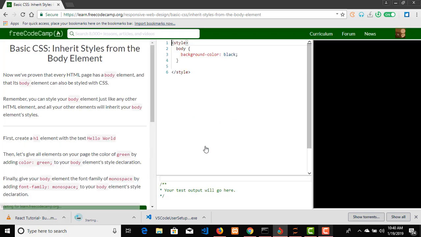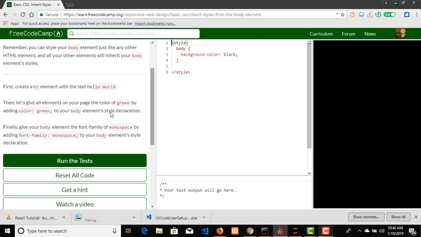Inherit styles from the body element. Okay, so how do we do that? First, create an h1 element with the text hello world. Okay, so here I'm gonna come down here and create this h1 element with the text hello world. Alright,